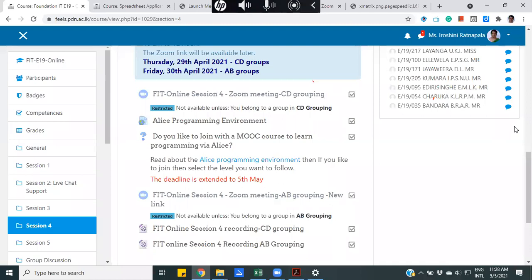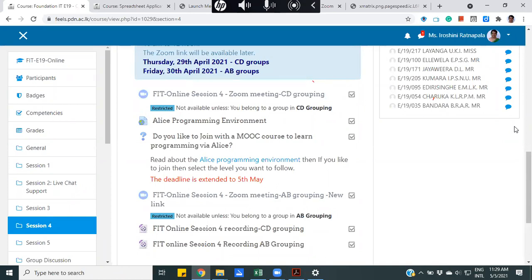I don't know actually what the best courses to follow in Alice are. It's also new to me. I'm also learning it in order to teach you. The base is Java programming. It's a visual programming, where we teach programming concepts based on visual diagrams.